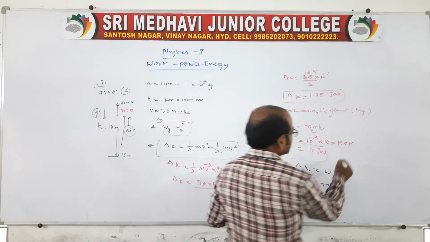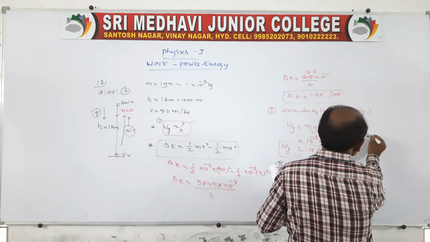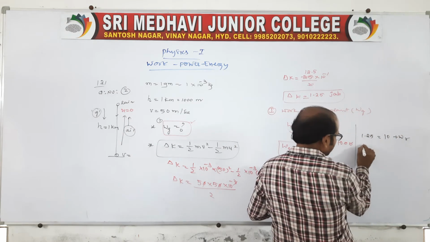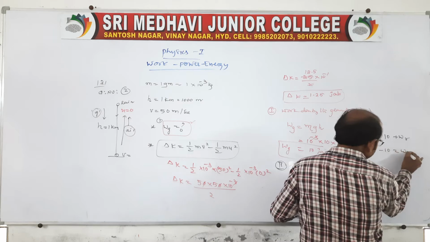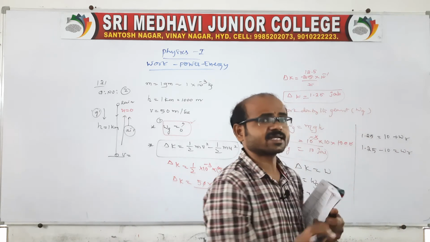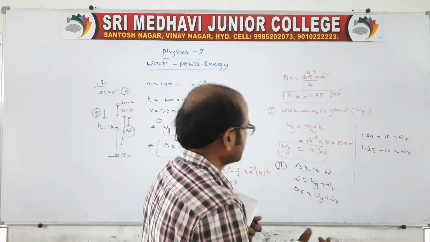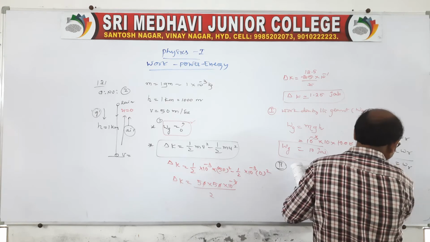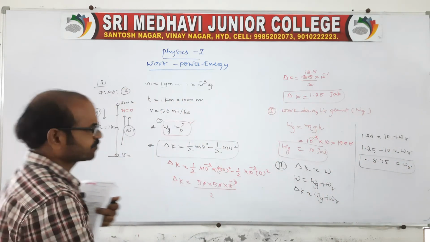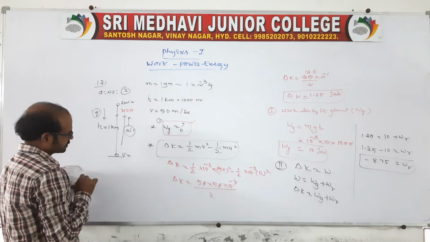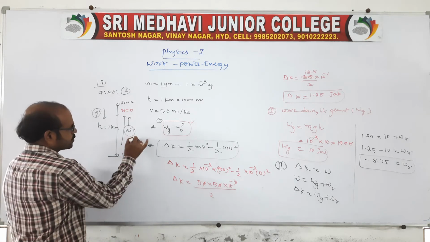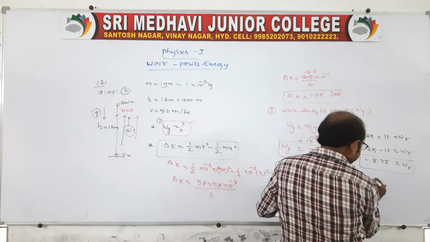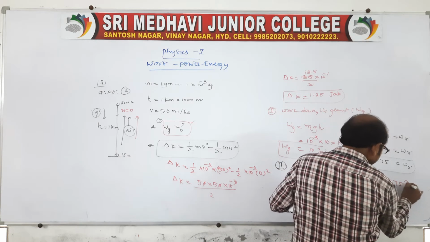Directly also we can take. Therefore, delta k is equal to, given as 1.25, is equal to Wg, given as 10, plus Wr. Therefore, 1.25 minus 10 is equal to Wr. This is the work done by the resistive force, that air force acting opposite to the raindrop. Then you subtract this, approximately we may get minus 8.75. Sir, why minus? What does minus indicate here? That air is actually acting opposite for the raindrop. That's what the minus indicates. So, work done by the resistive force is minus 8.75 joule.